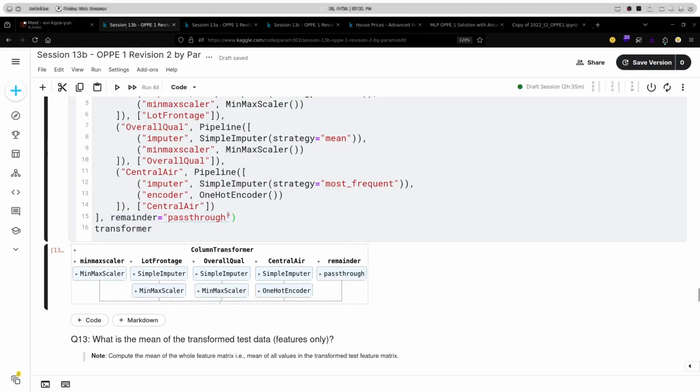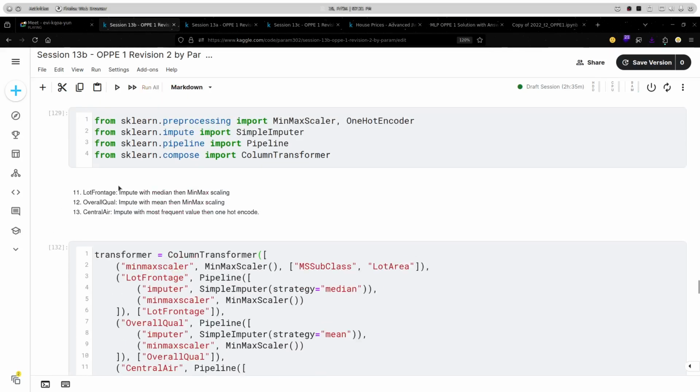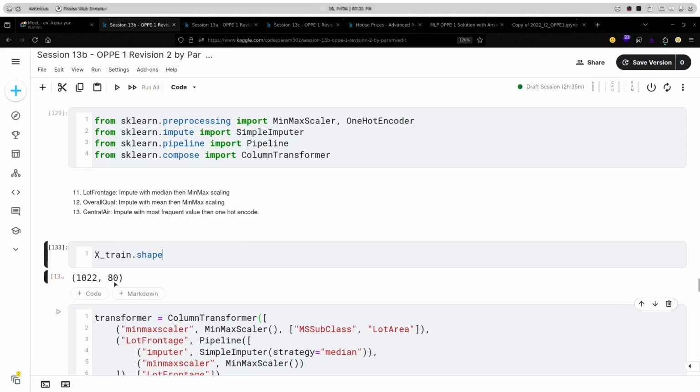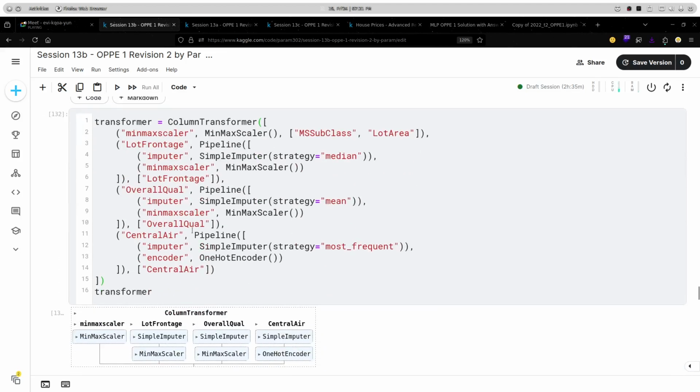I will show you how it works. Earlier, if you see in X_train.shape, we have 80 columns, and we have only defined transformations for 5 columns.